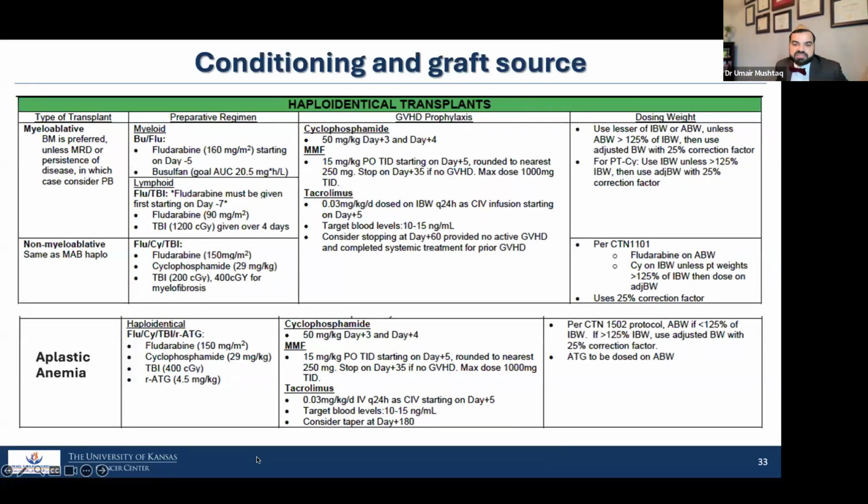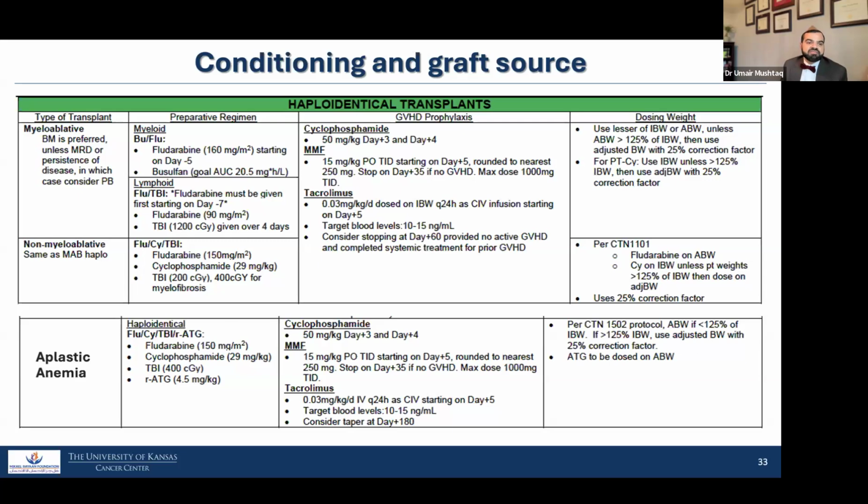Now, conditioning regimens and graft source. I will go with our institutional algorithms, these are from University of Kansas. Every institution is slightly different in terms of conditioning and graft source types. There are no good prospective studies by this time, and there are some studies, but they are now older. There is registry data, and I'm not going to go into the underlying data about these choices, but we'll just briefly go over which conditioning regimens we've been using. I have shared some of these with colleagues from Pakistan, and they have adopted some of that as well.